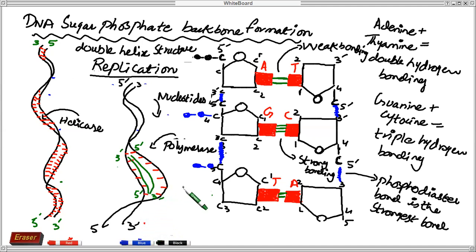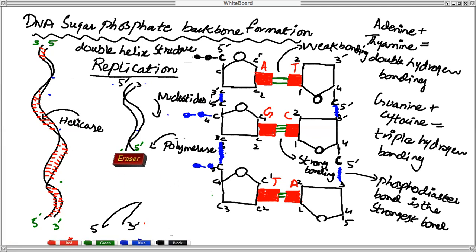So that's how the replication takes place. If the double helix is being formed, strands are going to be formed on both sides. If the messenger RNA is going to be formed, then what will happen? Only one strand is formed. This looks like